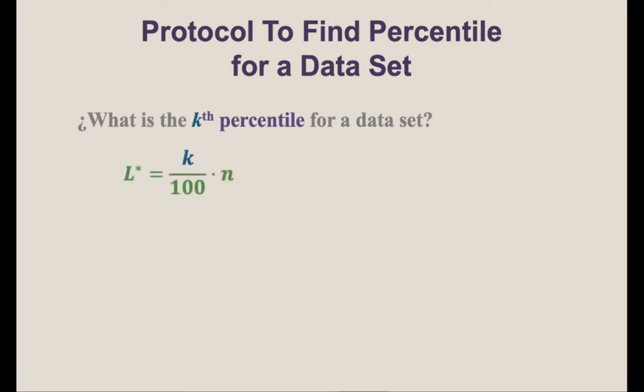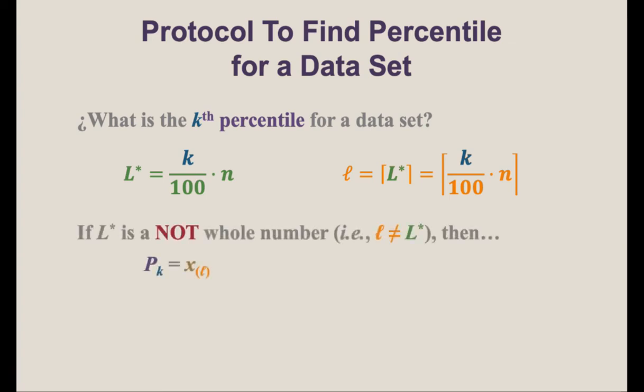First, we calculate the prelocator, the value for L star, using the formula k divided by 100 times n. We then round L star up to the nearest whole number. This is the locator L. Now, before we locate the values in the ordered data set, we examine the value of L star. If L star is not a whole number, then we locate the value at position L in the ordered data